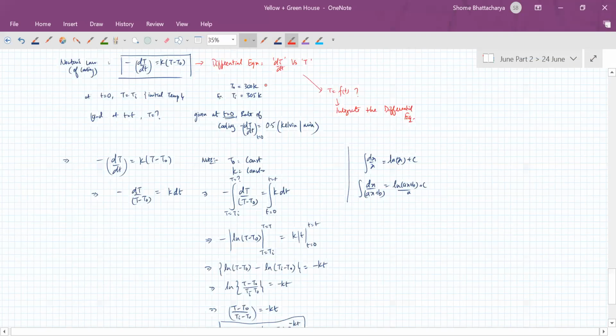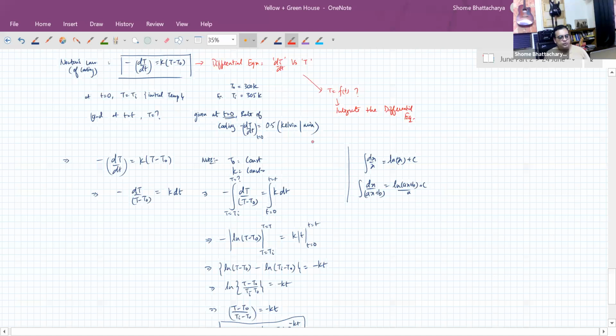So if we had this data, from this data what we can see here is T initial is 305 Kelvin. Now also we can see that initially the rate of cooling at t equal to 0,